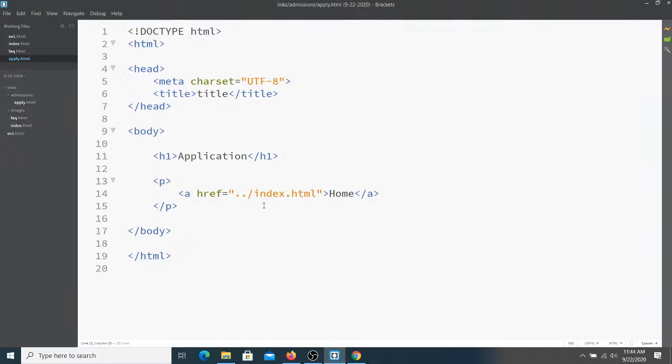All my page names need to be lowercase. Why is that? And same thing with folder names. Well, Windows and Mac are what's called case insensitive. So if I had created the page called apply with a capital A versus a lowercase a, Windows and Mac